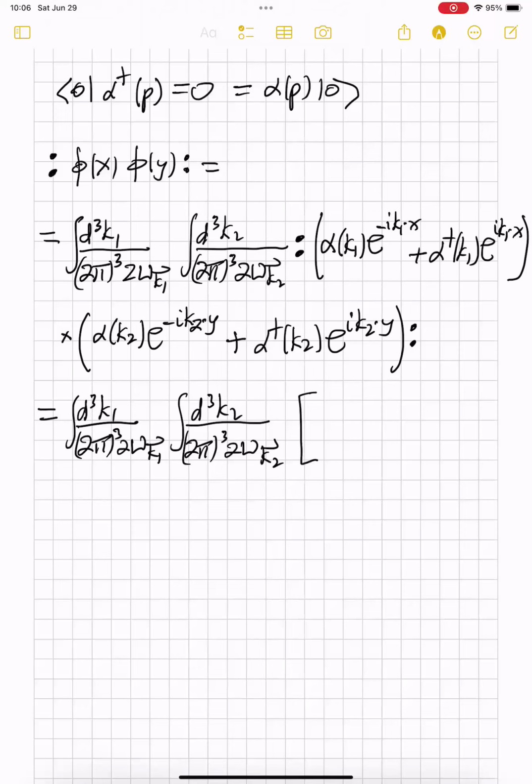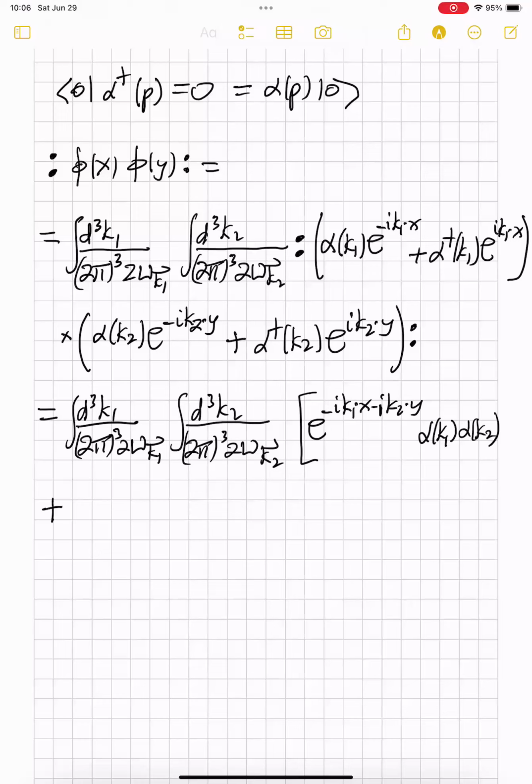Okay, so now let's multiply the first terms. We're multiplying alpha of k1 times alpha of k2. There are only annihilation operators. This obviously is already normal ordered. So we'll just get e to the minus I k1 dot x minus I k2 dot y by multiplying the two exponentials. Then we'll get alpha of k1, alpha of k2,